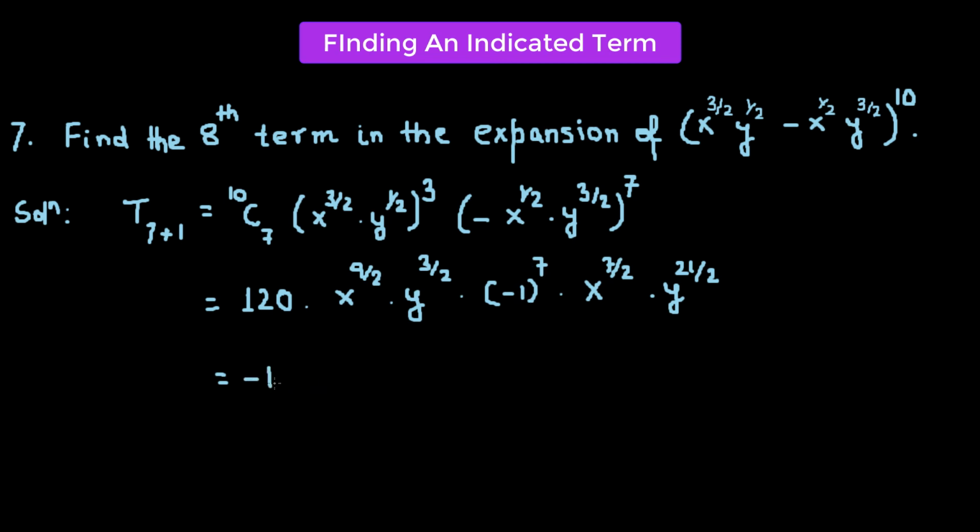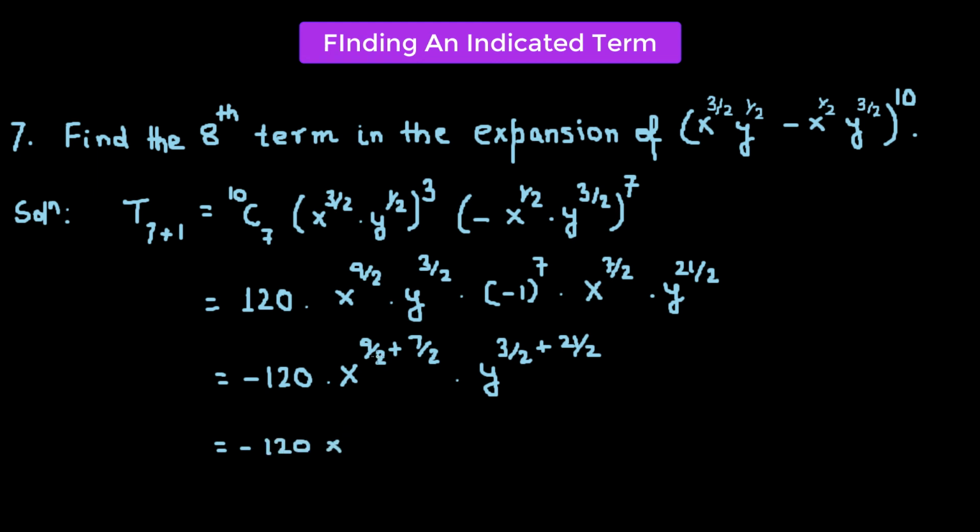So that gets multiplied by 120 to give us negative 120. x raised to the power 9 over 2 gets multiplied by x raised to the power of 7 over 2 in such a way that the powers get added up. So we have 9 over 2 plus 7 over 2 times y raised to the power of 3 over 2 plus 21 over 2, which is equal to negative 120 x raised to the power